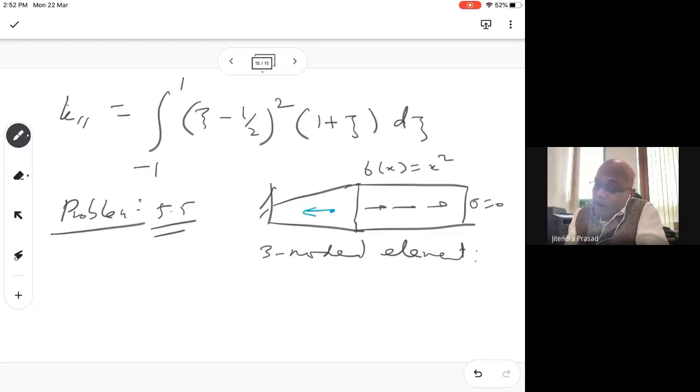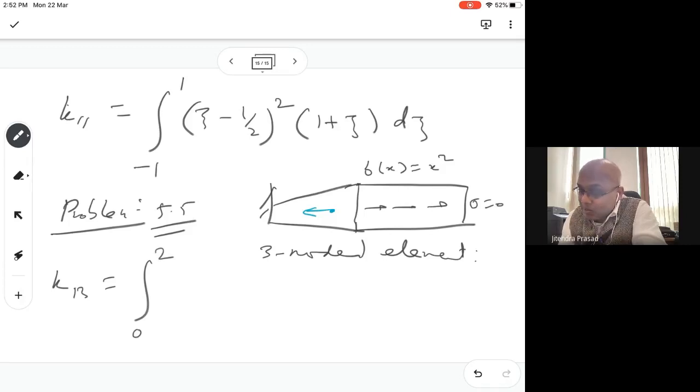Okay. Now in general, when you say K_ij, when you say K13, that really means you have to work like this. It will be 0 to L, in this case 2, right? In this case, it's given 0, x equal to 1, x equal to 2. So it will be 0 to 2 in this case, and then it will be dN1